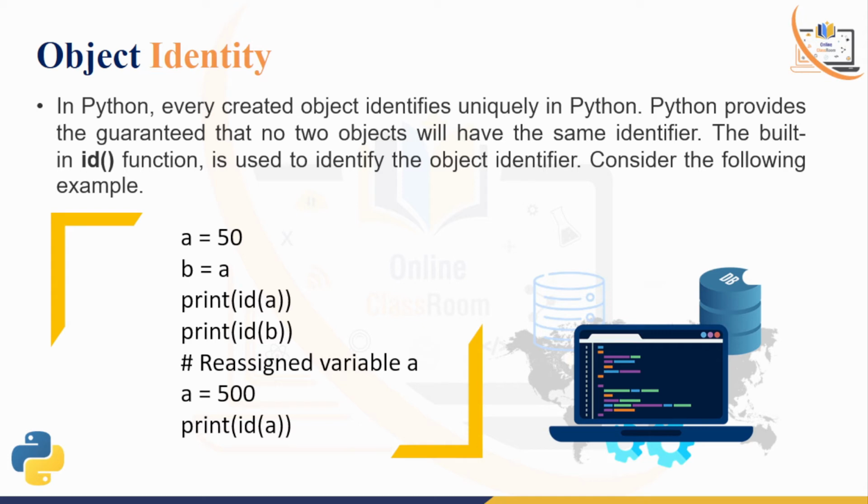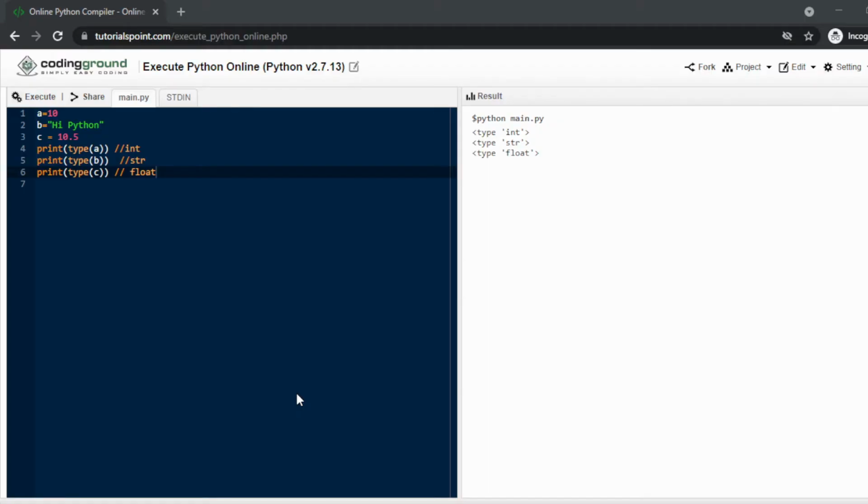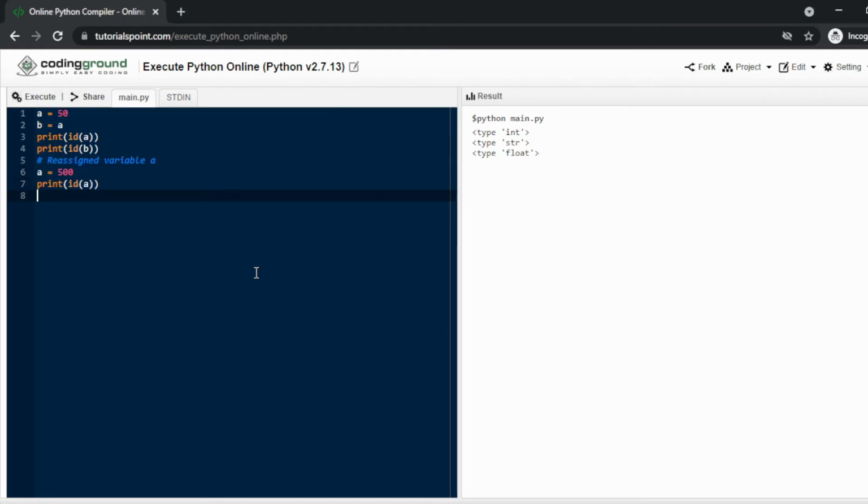Now again, if we run this code in an online compiler, let's copy paste this code. Okay, I have simply copy pasted it in the online compiler. Now this is the code, and if I press the execute button, you can see that the identifier of A and the identifier of B are both the same, because A equals 50 and B actually points to A. But when I change the value of A, now A equals 500.